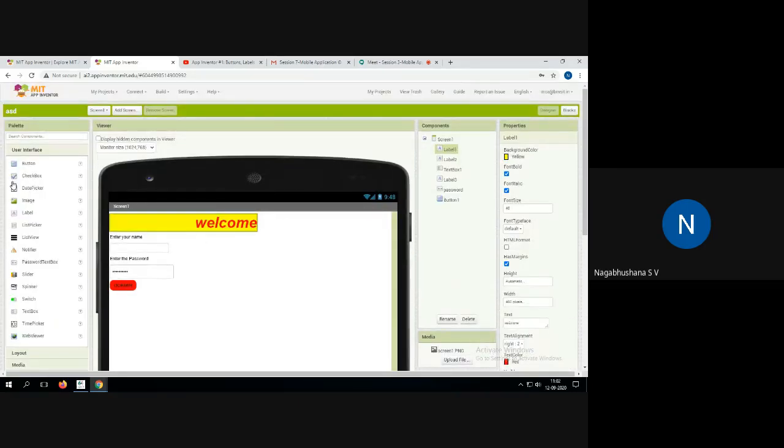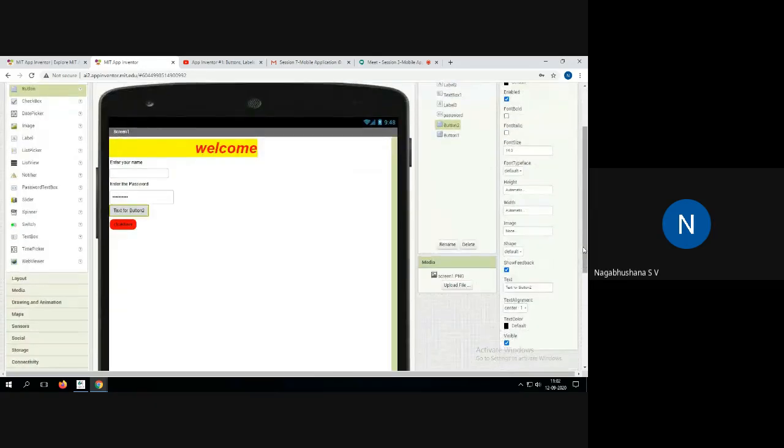Okay, so you have buttons. You just have to drag and drop here. That's all. Suppose I'm dragging this button, so here you can see text for button 2. I want to make it a reset.